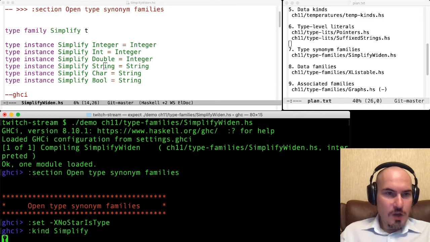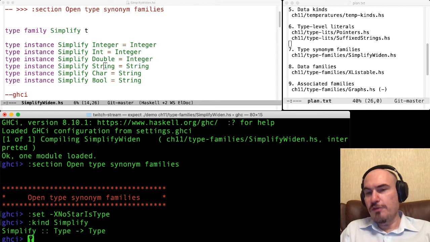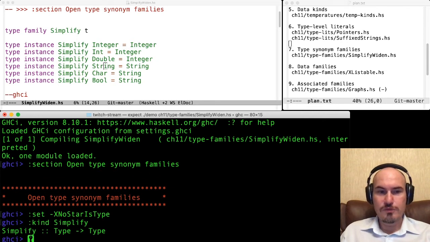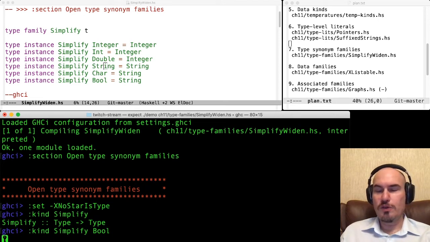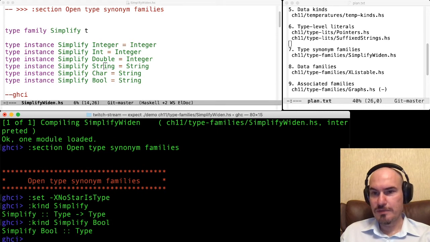Okay, so let's ask for the kind of simplify, and we see that it's a function over types, just as maybe was also such a function. So we define a function over types, and here we give its definition. And we can ask for the simplify bool, and it's a type.